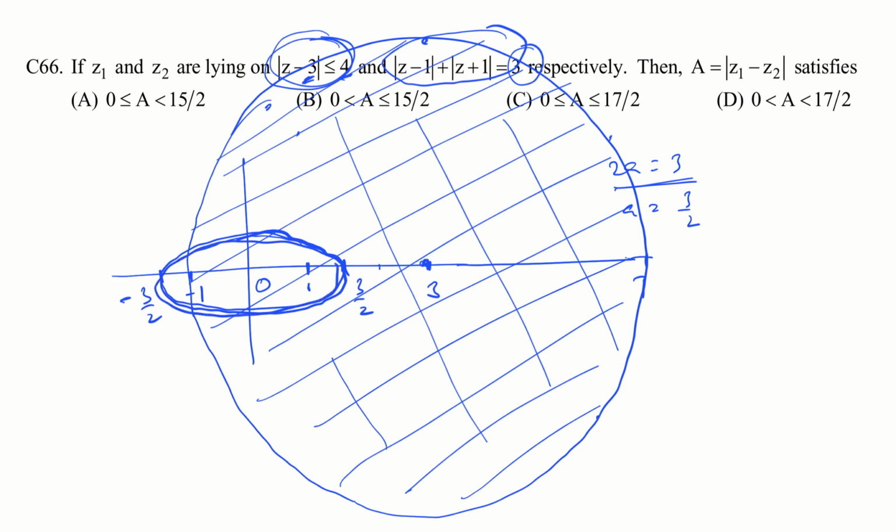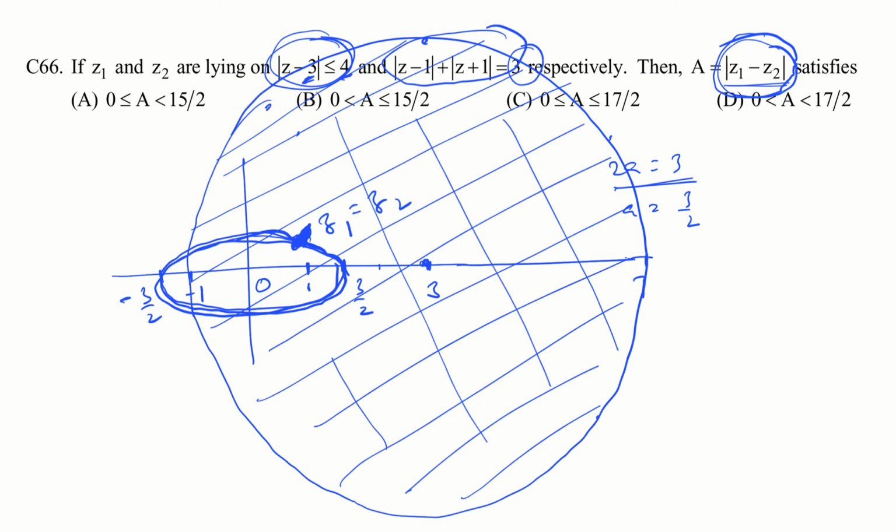So we observe that mod of Z1 minus Z2, if I consider, obviously the minimum value of this one will be 0, because if you take a point over here for fun, then it is valid to be called as Z1 as well as Z2, because it lies on the ellipse. Z2 lies interior to the circle, therefore it can be called Z1. Therefore Z1 minus Z2 is 0, therefore the least value of mod is nothing but 0, possible. Therefore options B and D are ruled out.